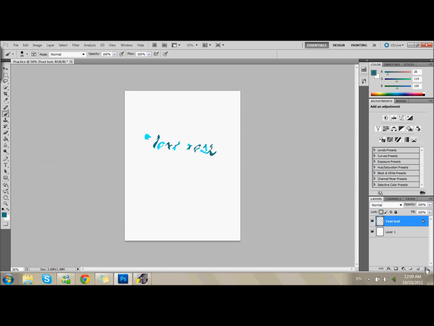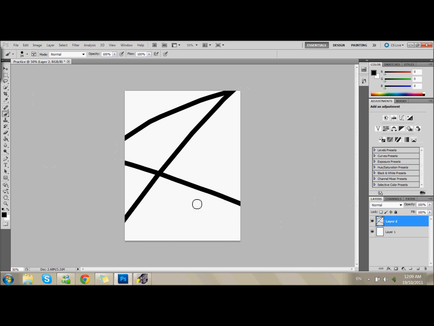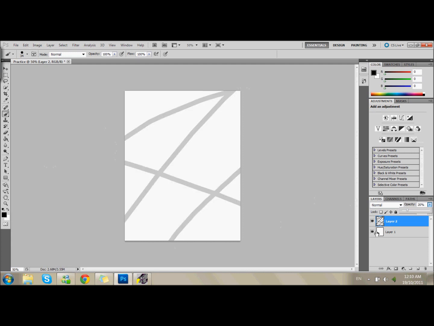Should have mentioned this one first. But for this specific project, because we have to make lines and then follow them to fill them in, the easiest way I can think of to do this is to just take your brush with black and make your lines thinner than this along the page with probably something more like a 9 size brush or something along those lines, and then you just can go to the opacity down here. It'll change how transparent it is, and just put it down a bit so you can see it, but you can work on top of it. If you'd like to not have the lines when you're done and have the lines defined by the text, alternately you can just keep it down there, because it's easier to work with your text when you don't have any lines distracting you as much. That should